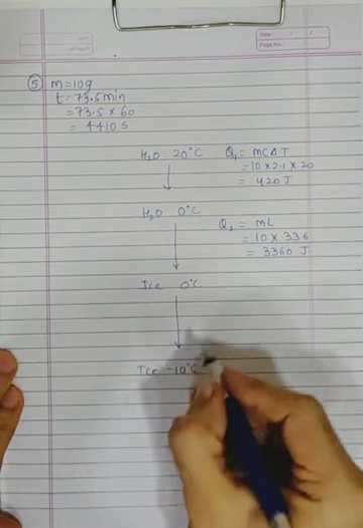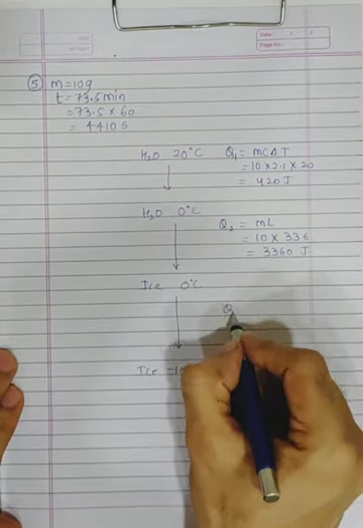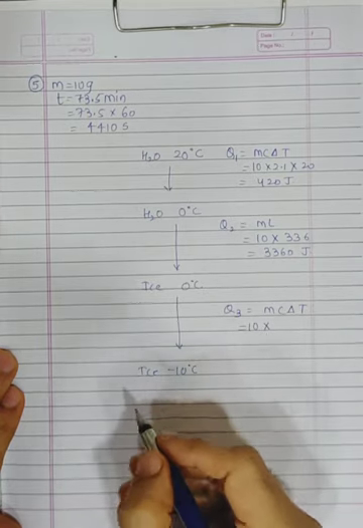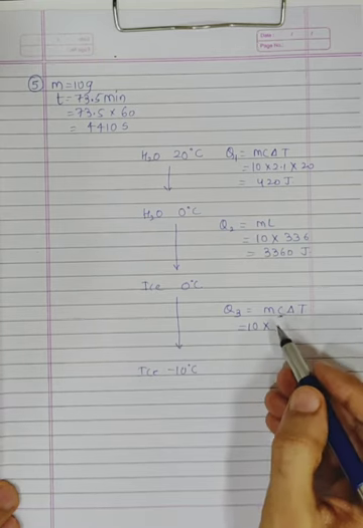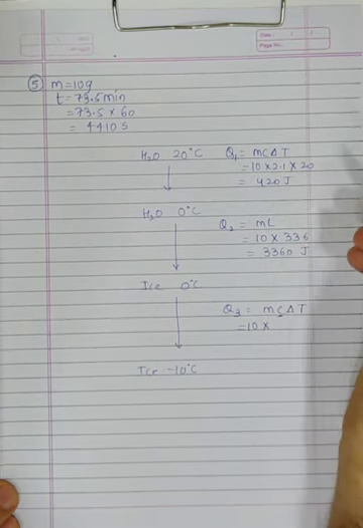Then Q3. Now how will you find out Q3? Again, what formula do you have to use? mc delta T. Mass is 10. Now C of ice. Be very careful when you are doing the substitution of specific heat. By mistake you might put 2.1. Okay, I already made that mistake, guys. See, water 4.2, ice 2.1. It should have been 4.2 here, correct? So this answer will become 840 joule. See, this is the mistake which I already made. Here C is 2.1 and delta T is 10, so you will get 210 joule.